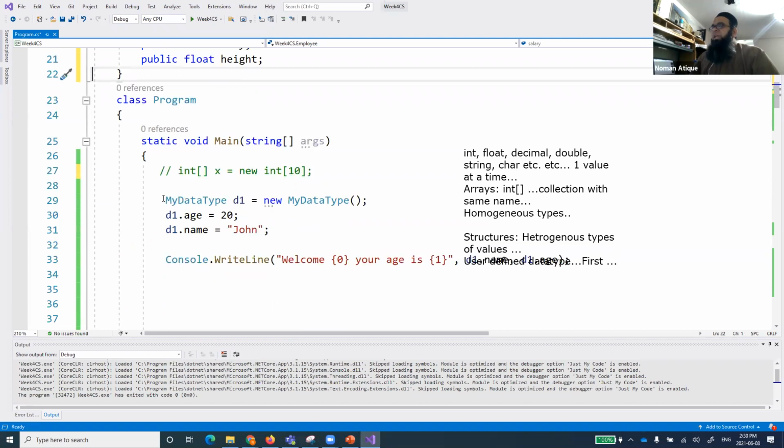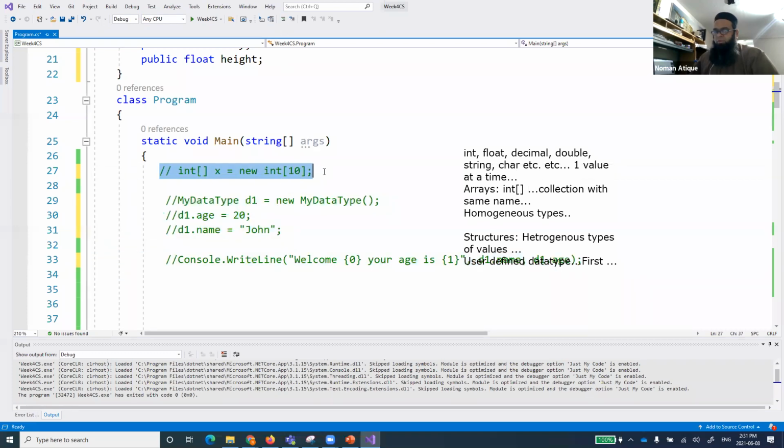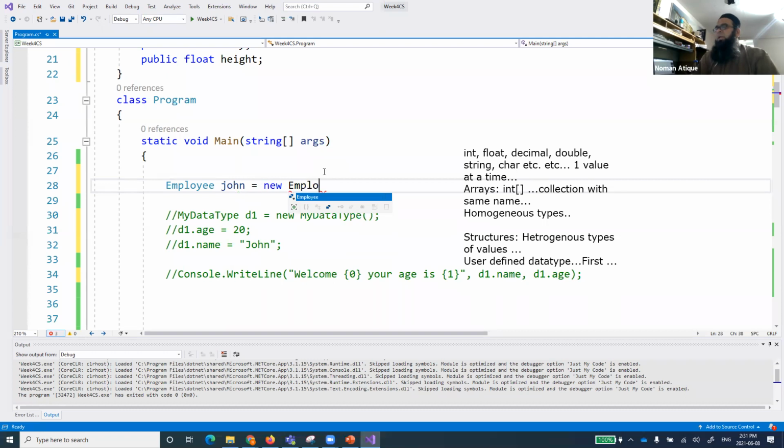Whenever I want to create an employee, I will write Employee john equal to new Employee.